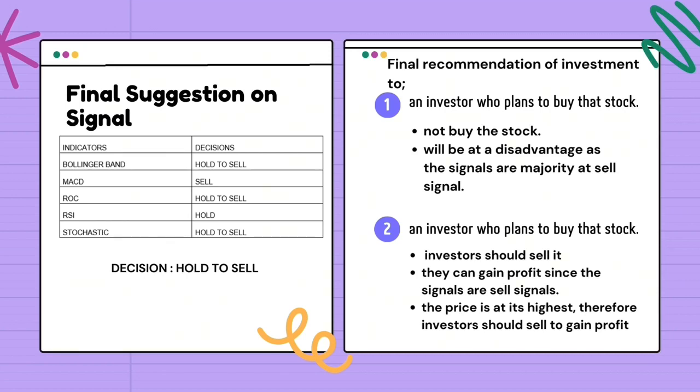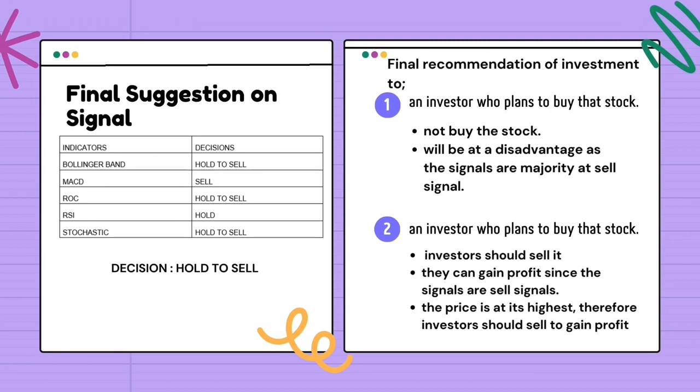Based on the above situation, the best recommendation for an investor who plans to buy the stock is to not buy the stock. This is because, based on the analysis, it will be at a disadvantage as the signals are a majority of sell signals. And let's move on to the next one, which is an investor who already holds the stock